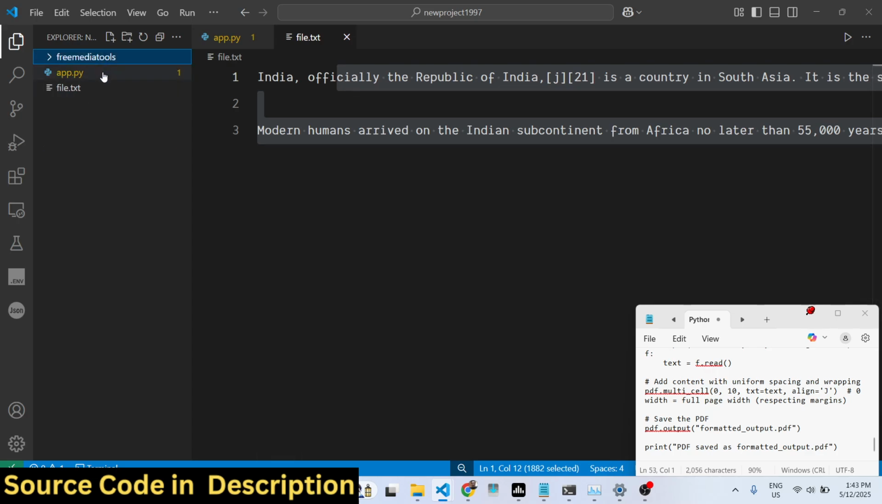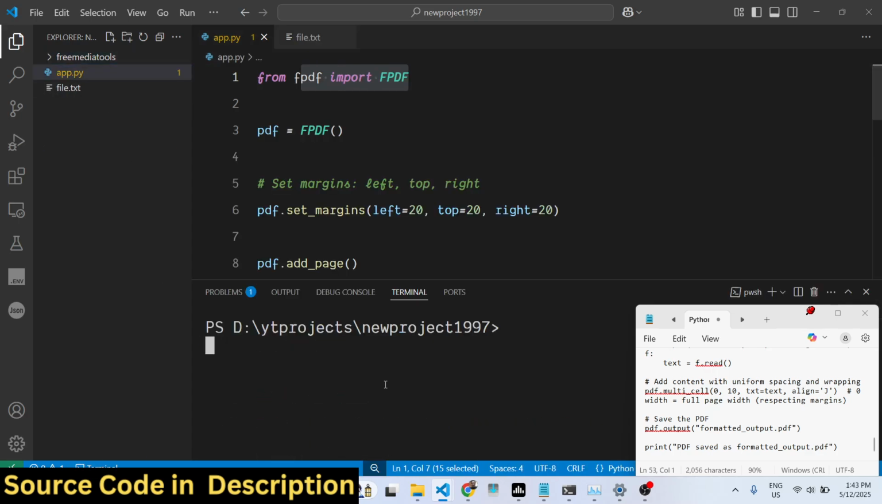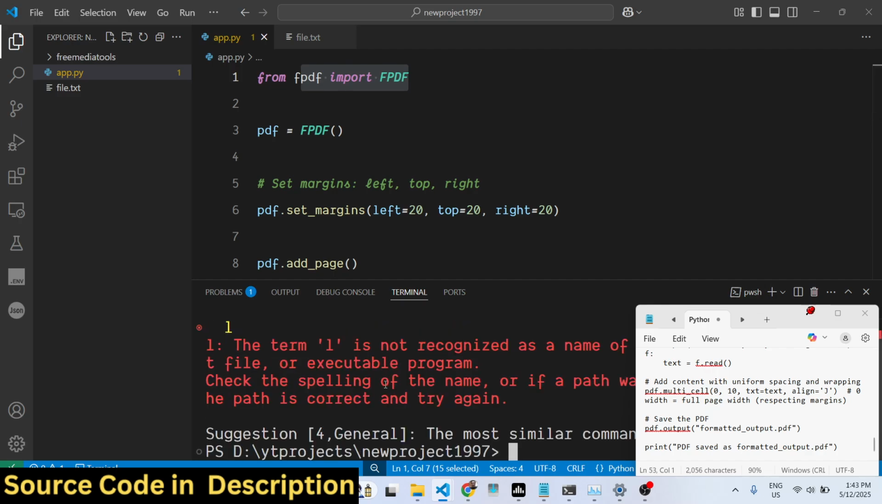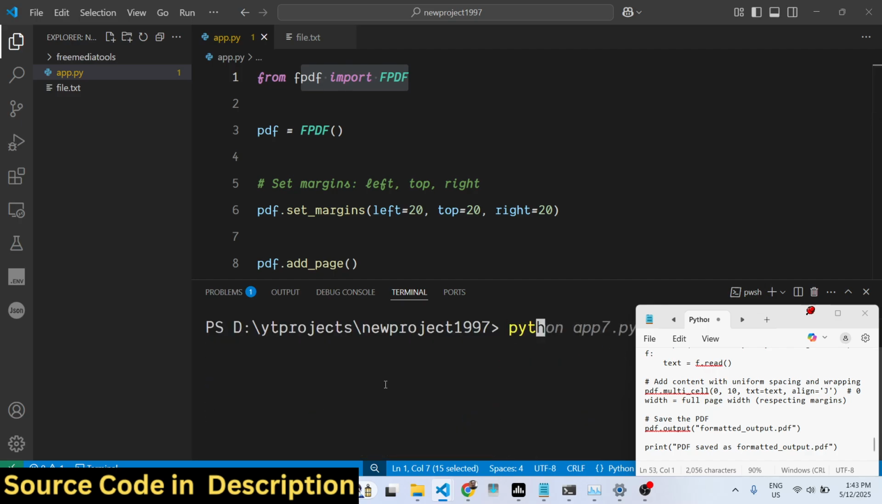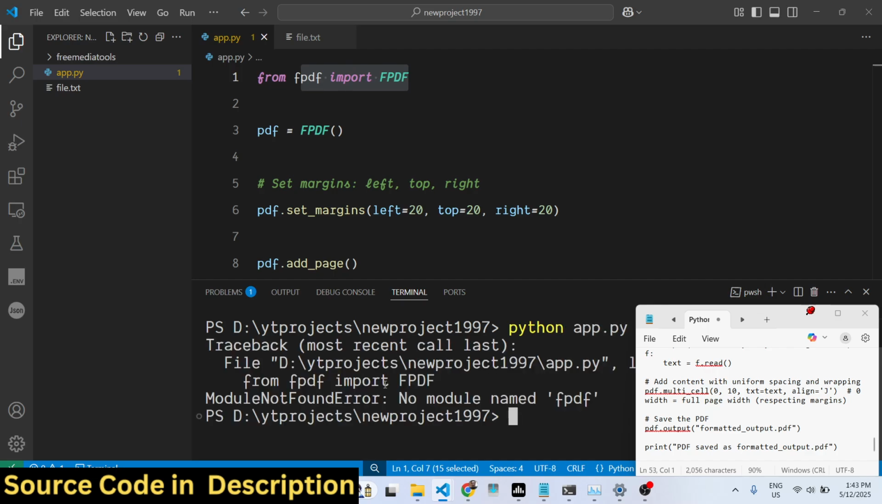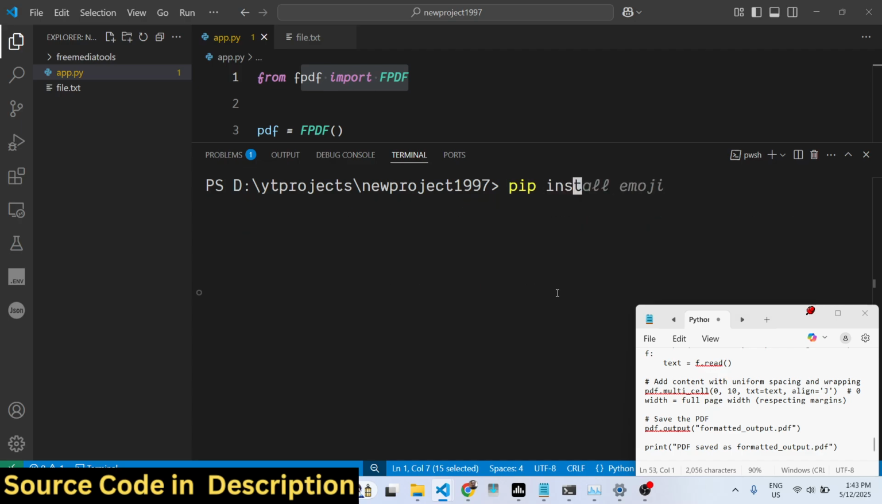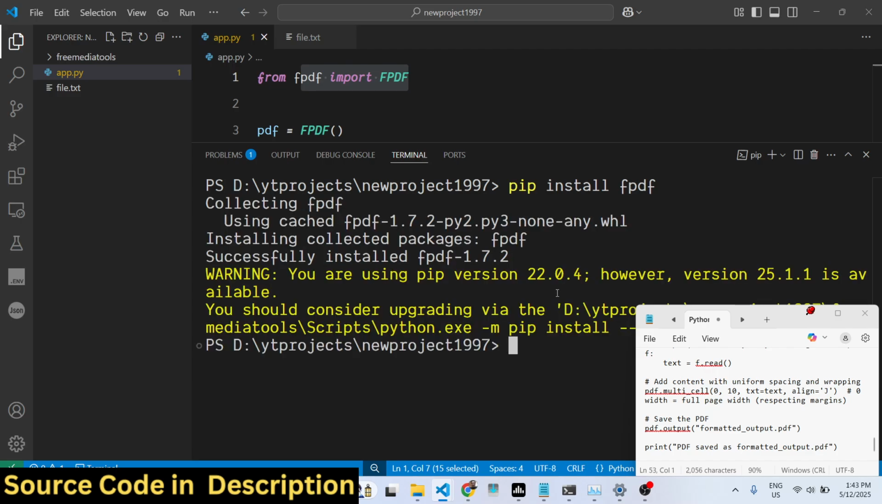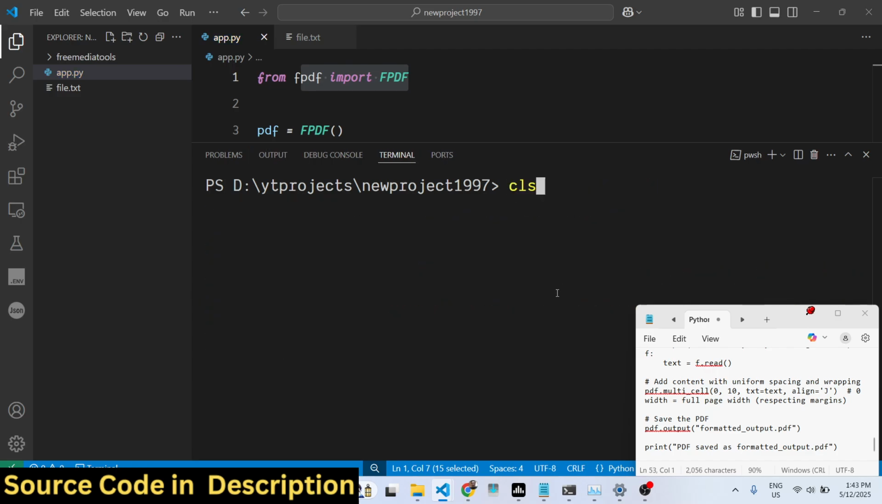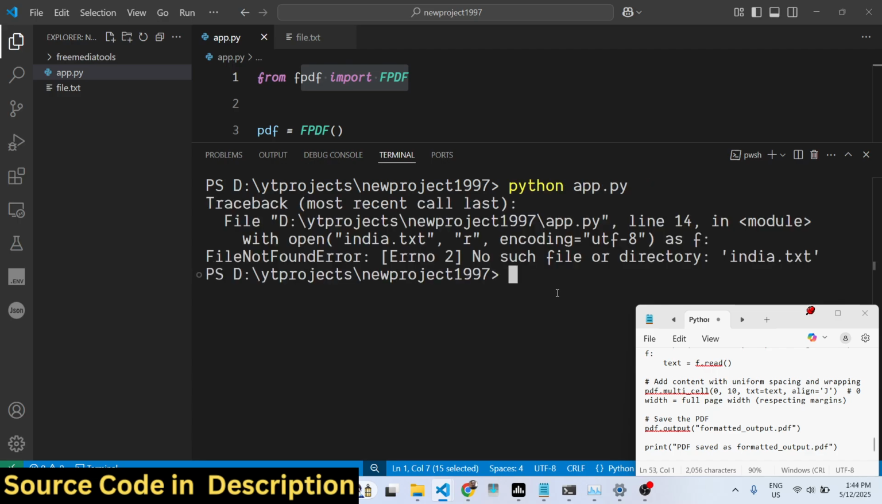So if I execute this script right here, I say python app.py. It is saying that the module is not found. So first of all you need to install this module. So pip install fpdf. It will install this, and then if I execute the script,